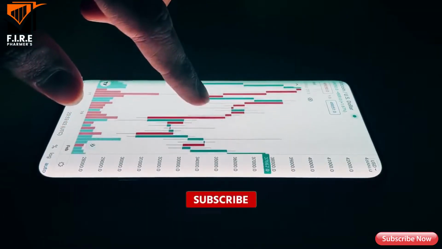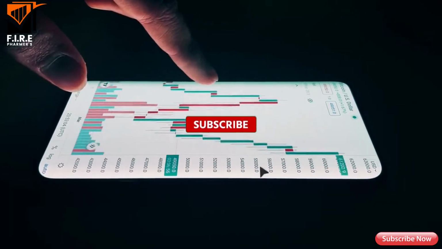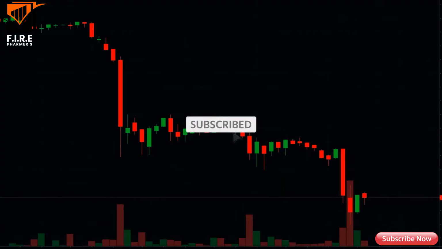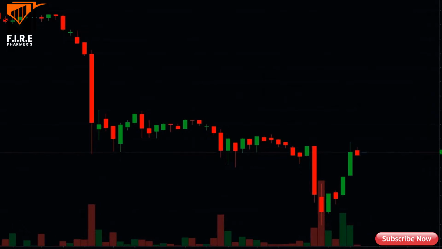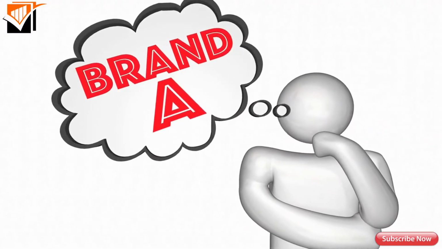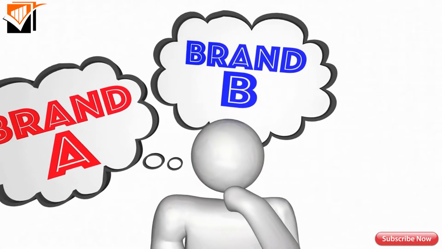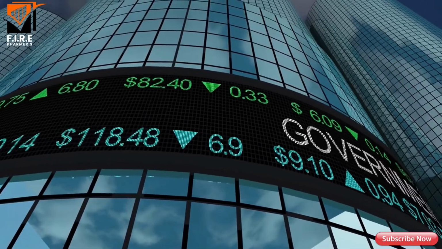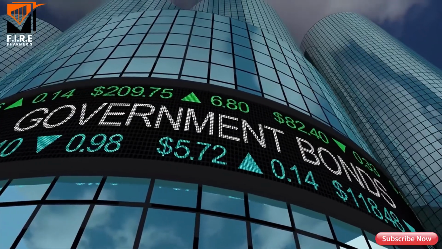You can invest in bonds, stocks, mutual funds, or any other type of investment. If you want to invest in the stock market, you need to find out which type of stocks you want to buy. You should choose the companies that you think will provide you with the best returns. If you want to invest in bonds, you should choose the safest ones.